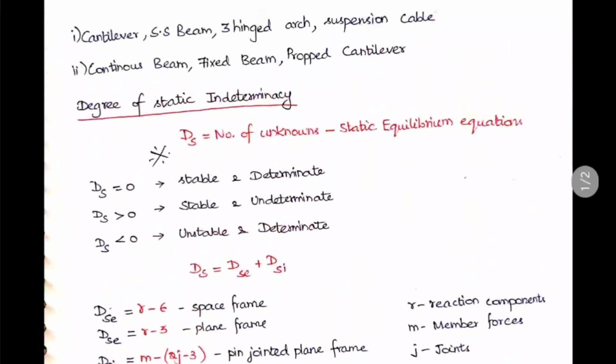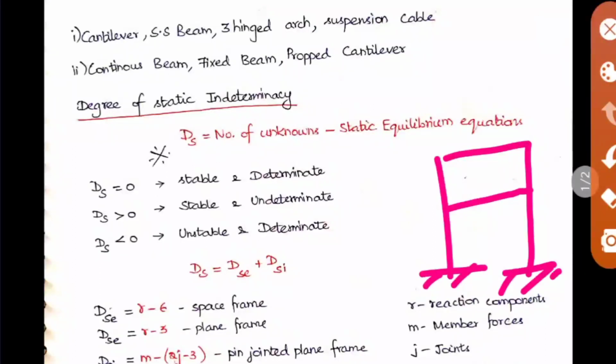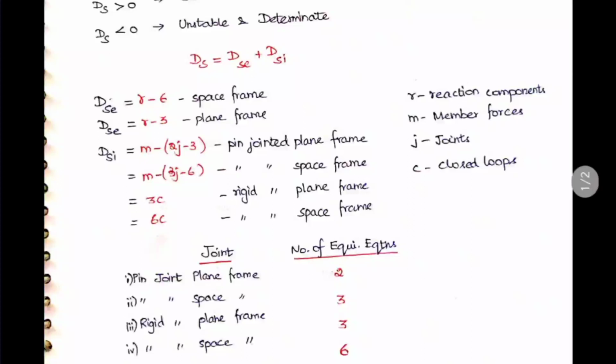Okay, so when the frame is like this, for example, with one support here and one support here, only one closed loop is there, no? So we can take c value as 1, and 3 into c, you will get 3 as the value. So this is all about the external and internal formula. Okay, and there is also a simplified formula. The simplified formula is nothing but combining this external and internal. I didn't write it here, just note that also.